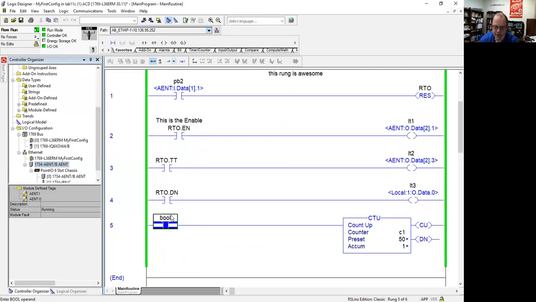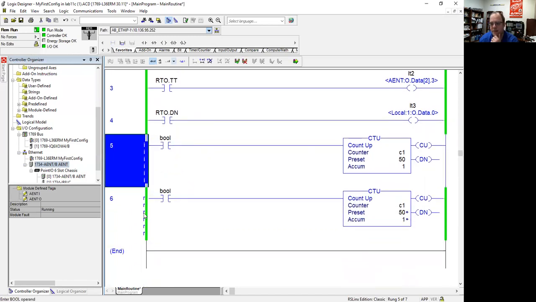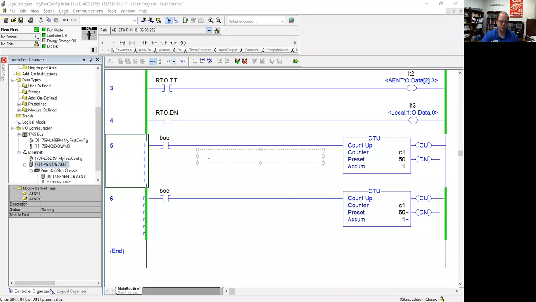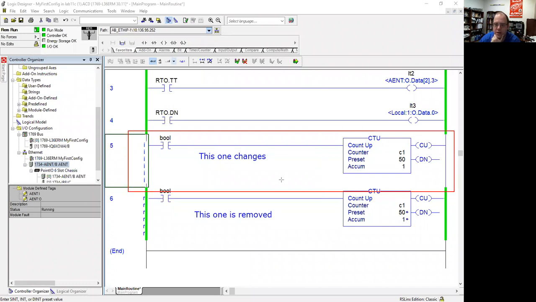How do we do an online edit? First things first is we double click on the rung. You'll notice that there are two rungs that look exactly the same. There's an I rung and an R rung. The I rung is the one that you're going to change, and the R rung is removed, to say it bluntly. So I make all of my changes